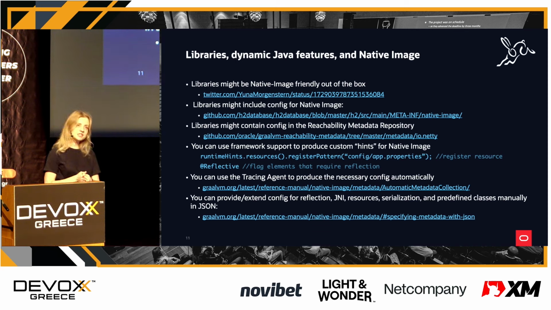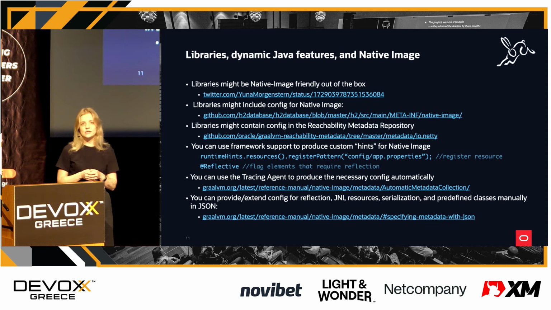Now, if there is reflection happening in, let's say, your library, or maybe you are doing reflection yourself, writing some custom code, you need to be able to tell native image that, hey, I would need to do reflection over here, so please make it visible and please pick it up as you are building my application. The way this works is that there need to be configuration files in the format of JSON that native image can look at, figure out, and pick up that config and build an app with that reflection point in